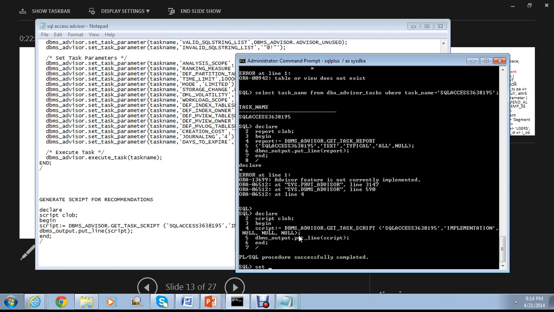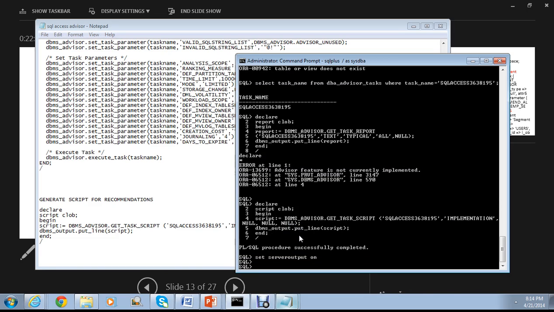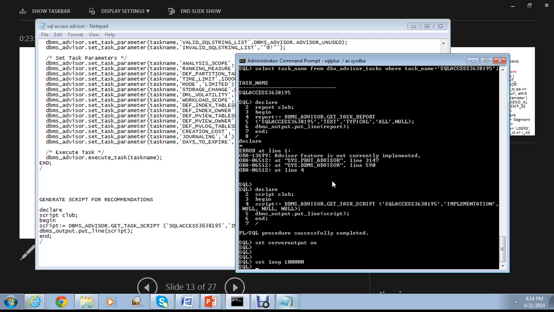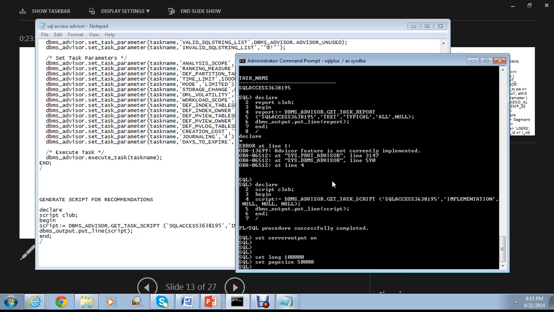So what I need to do is set my server output on. Then I'm going to run set long 100,000, and then set page size 50,000, and then I'm going to run a select statement: select dbms_advisor.get_task_script,